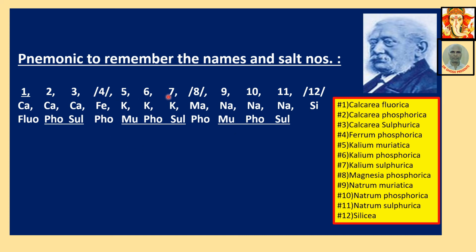4th and 8th are always phosphorus. The first one is exceptional, fluoricum. 12 is exceptional, only silica. In all other cases, the cationic portion is very nice, similar. Ca, Ca, Ca, number 4, Fe. K, K, K, Mg. Na, Na, Na, Si. Then anionic portion: the first one is fluoricum, so leave it. 4th and 8th are always phosphorus, so leave these. Now 5, 6, 7, Mi, Fa, Sha. 9, 10, 11, Mi, Fa, Sha. Now this is the